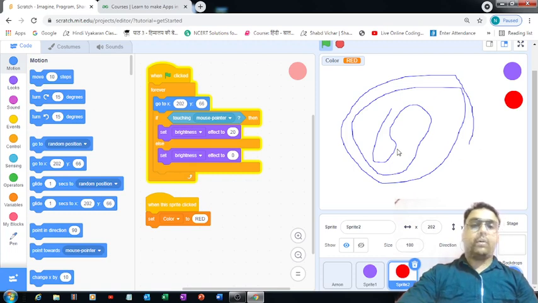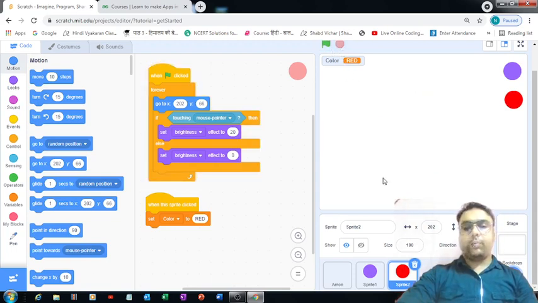I would like to code this game in such a way that if I select this red color, simply by tapping on this, the pen should start drawing in red color. That's what I want to happen. We will definitely make it happen, no worries.